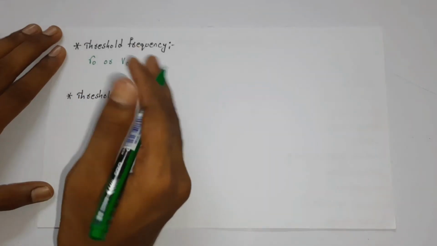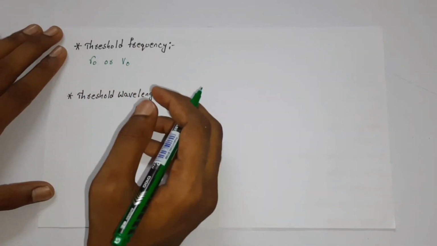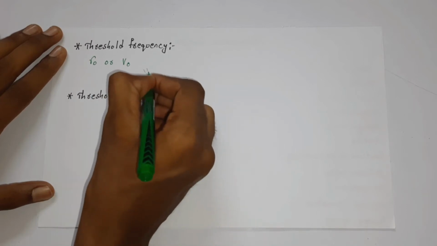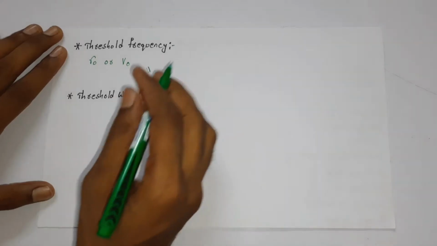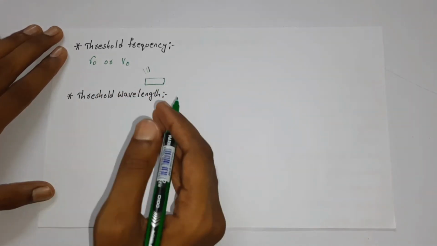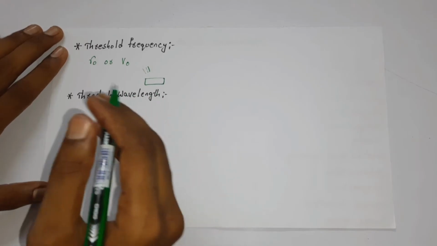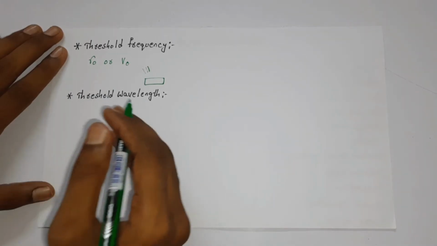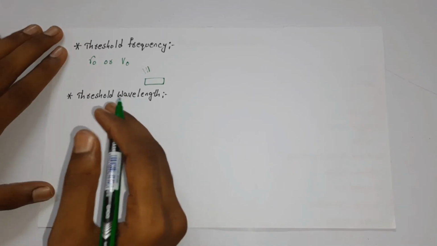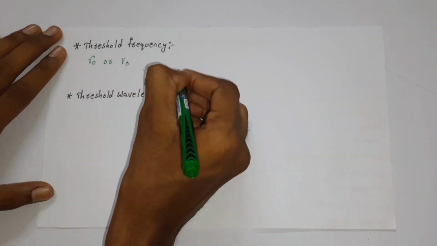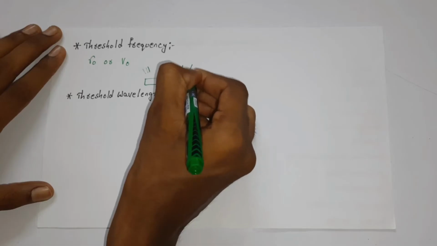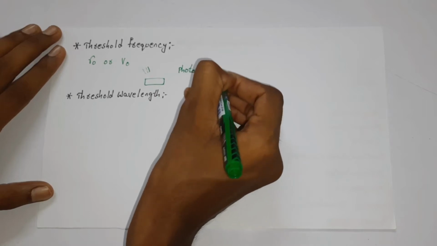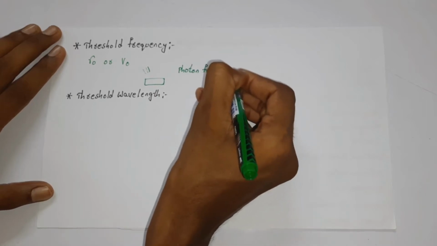So when the light ray falls on the metal at the minimum frequency at which the electrons emit from the surface of the metal, that frequency is called the threshold frequency, denoted by v naught or alpha naught. And we need to remember that the photon frequency is the frequency of the light. If this photon frequency is less than the threshold frequency,